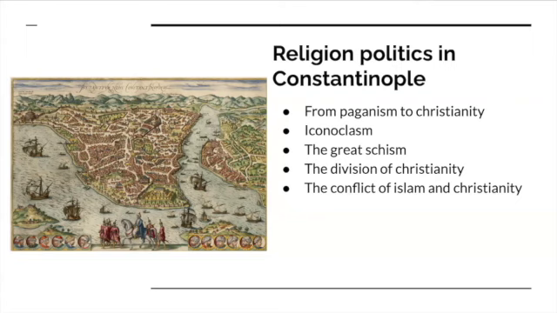Iconoclasm was a very important conflict in Constantinople. Iconoclasm means breaking icons. Some people saw icons as the reason why Christians could not win over Muslims. As Muslims did not have icons, this started conflicts. Churches decided that they would no longer have any icons and banished them. But it did not last long. After 100 years or so, they started to accept icons again.